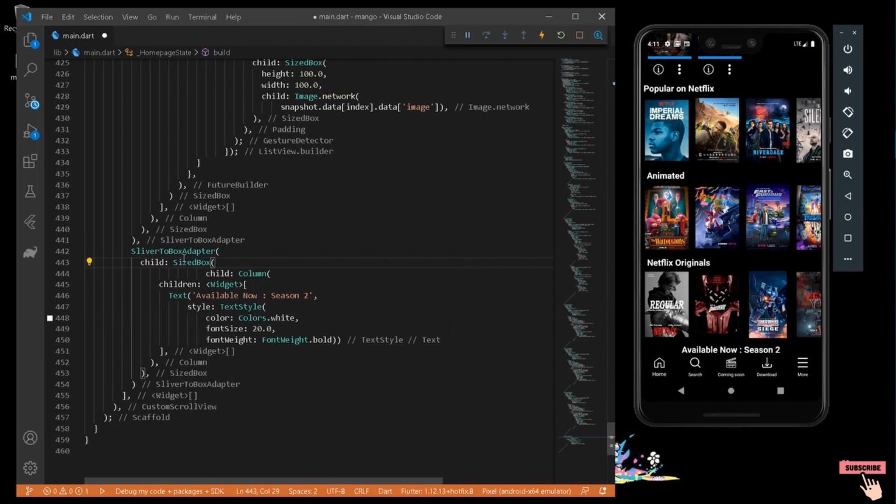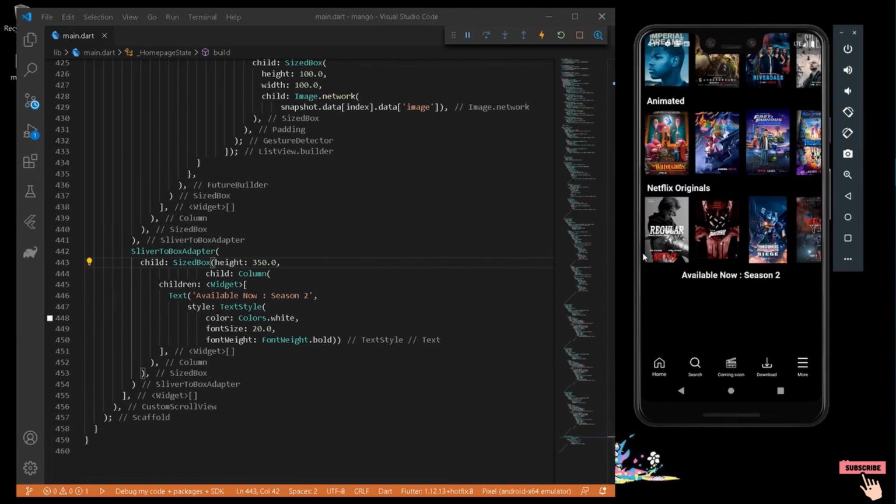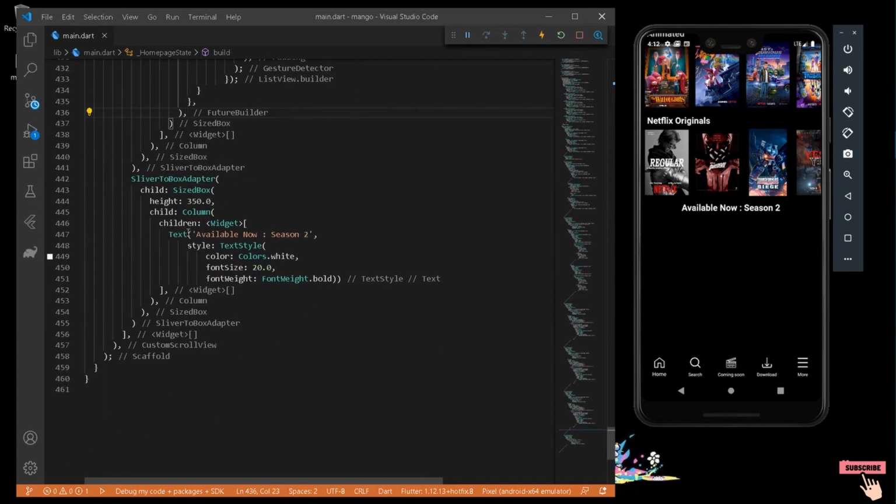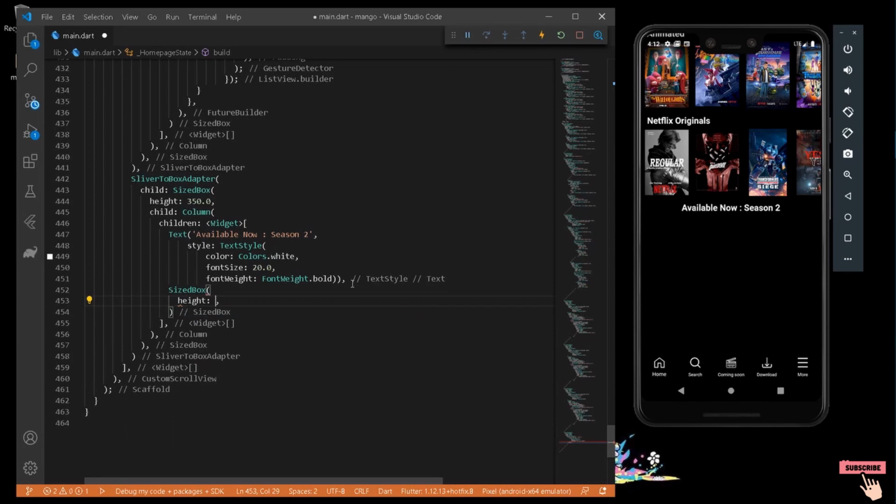It is a size box along with a height, let's say 350. Okay, so we have our size box here. Now let's start adding an image to it, and coming out of this text, we can simply add an image to it. But before adding the image, let's add a size box so that everything will be manipulated in proper dimensions. So I can write here a size box of height 250 along with a width of 400.